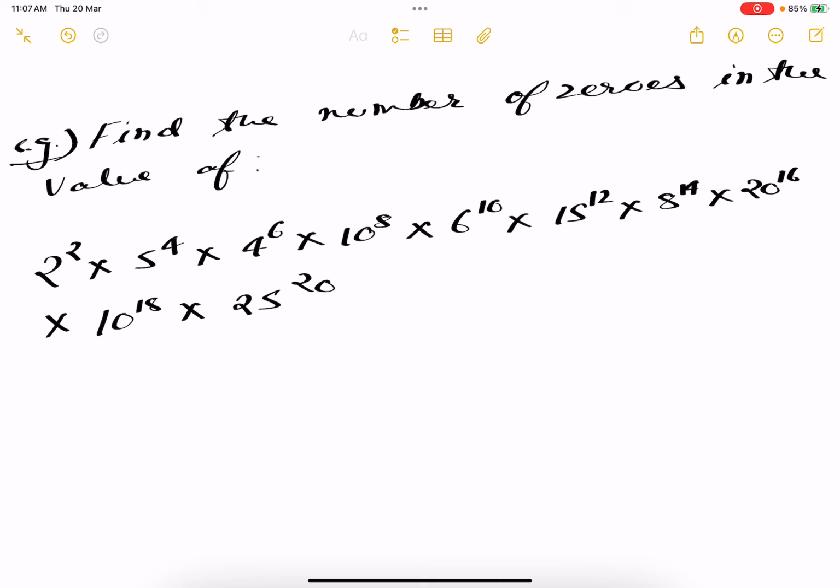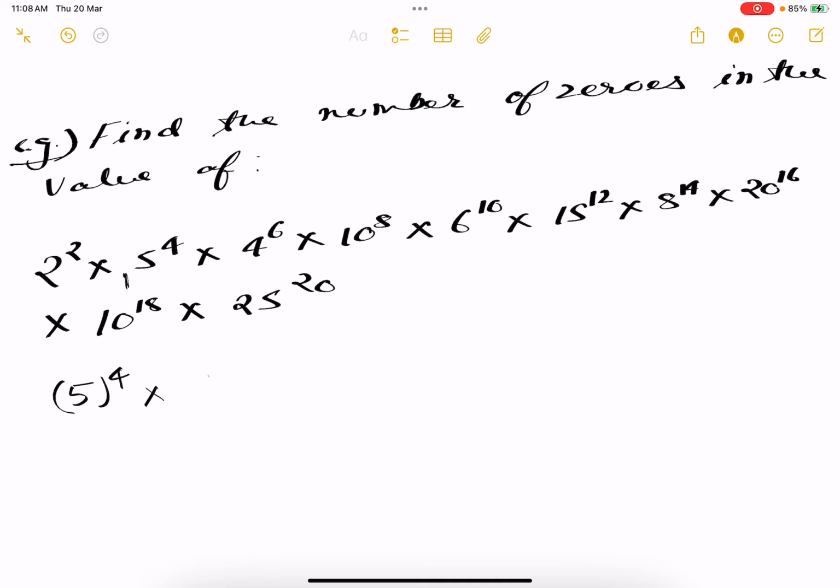Okay, now let's take another question. Find the number of zeros in the value of this. So now let's see that before this 5 there are no 5's and only 2 is there. So this 2 need not be counted as there is no 5. So the number of 5's is definitely less than the number of 2's. So we'll go with the number of 5's only. So we write 5 to the power 4